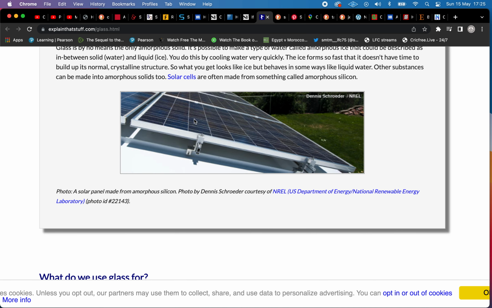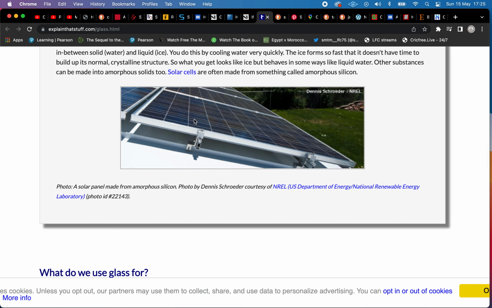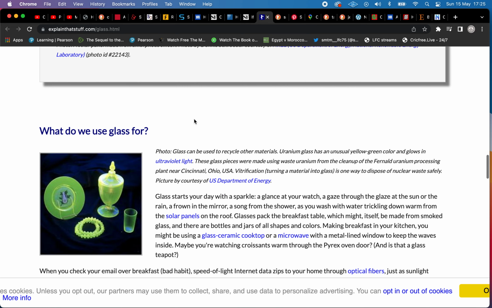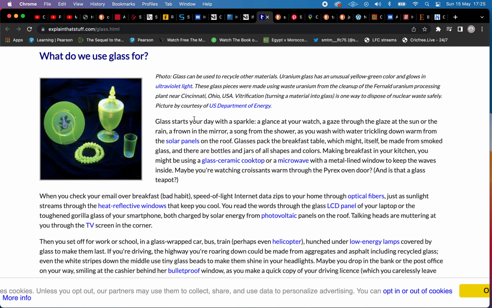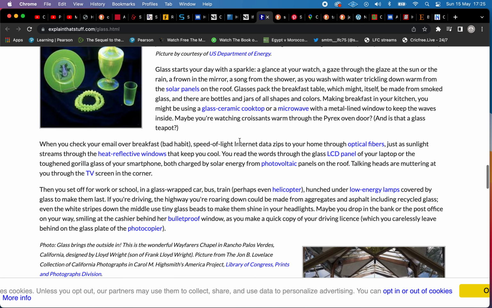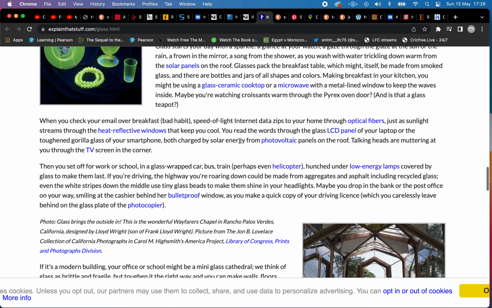And looks like it can be used as solar panels. So are we looking at another form of energy capture? But what else can we use glass for? So solar panels on the roof, glass tops, ceramic worktops for cooking, microwaves,